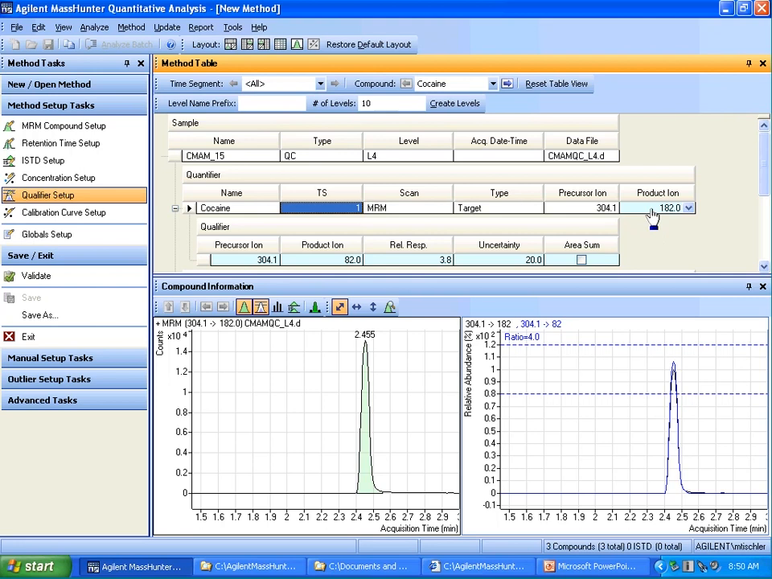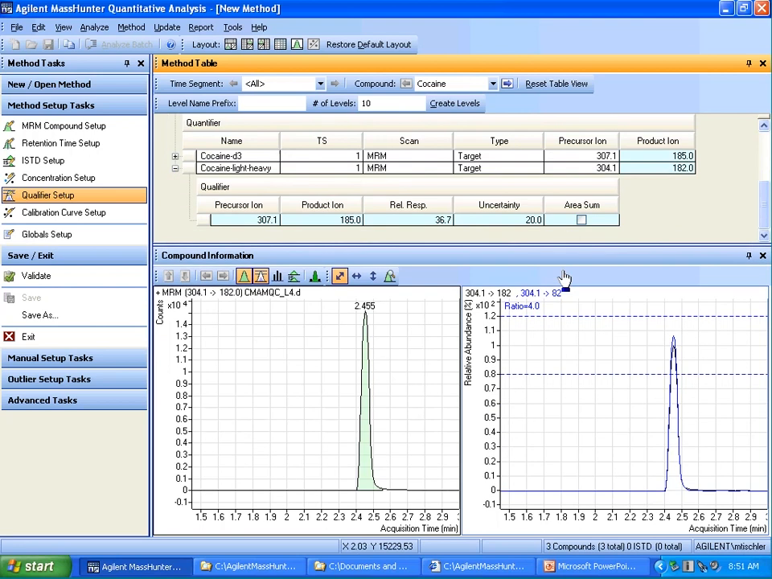In this case, 182, and in this case, 82. And you can see that from below in the overlay of the qualifier ratio. I see the transitions 304 to 182 and the qualifier 304 to 82. What I'm going to show you here is not exactly what I mentioned with a chlorinated compound, but I'm going